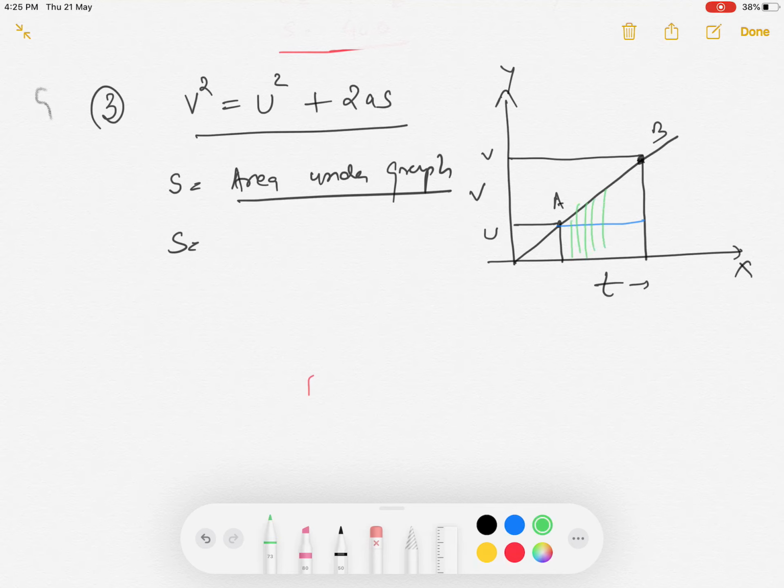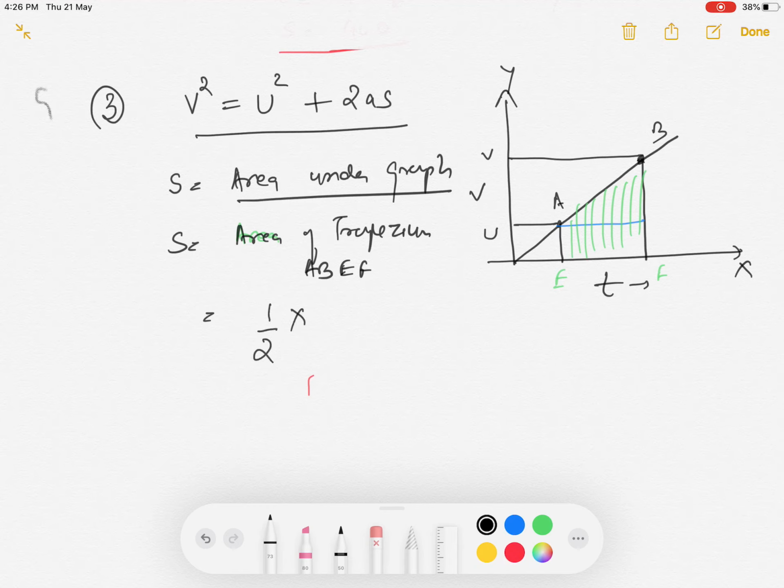Now what we will do, we will take this area as a whole, that is, we will take it into consideration as a trapezium, that is area of trapezium ABEF. Both equations are correct, but this equation doesn't have time term, and in that there was time term but there was no final velocity term. So whatever you will take, you will get some equation. So this is area of trapezium ABEF.